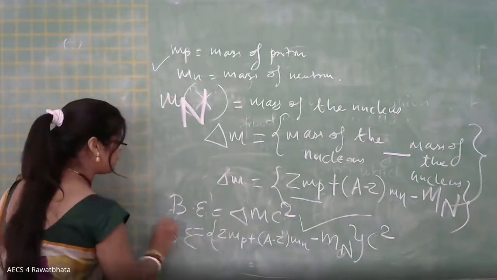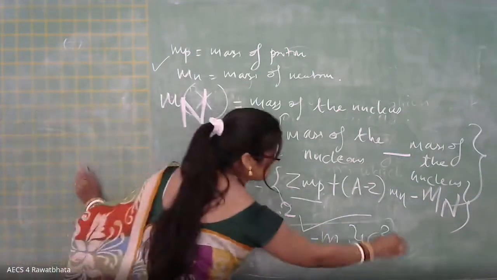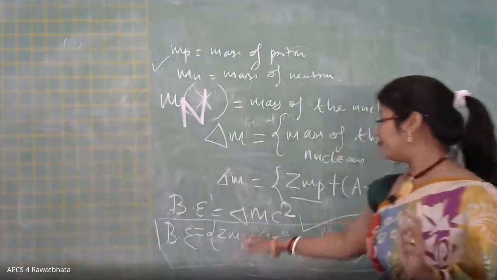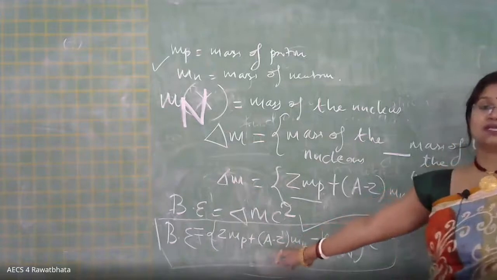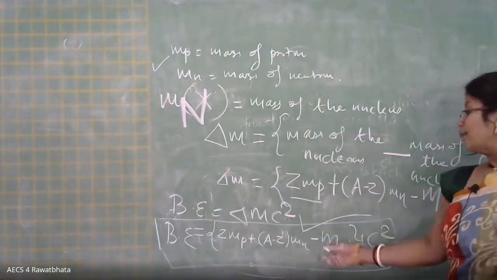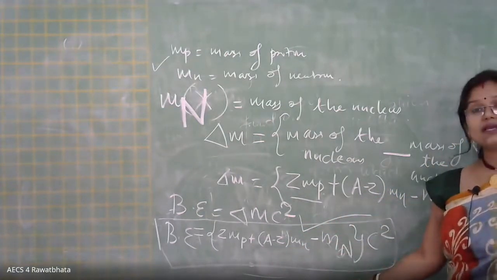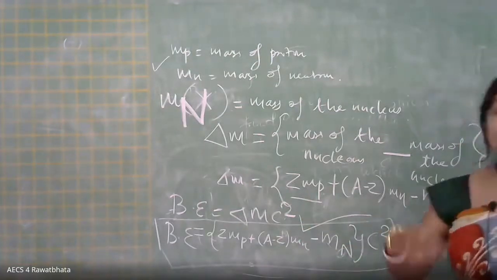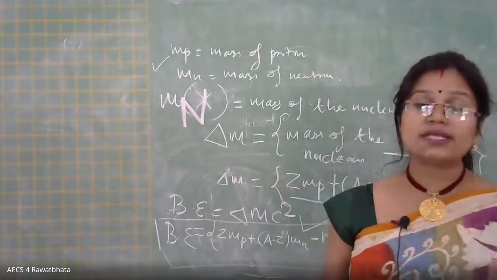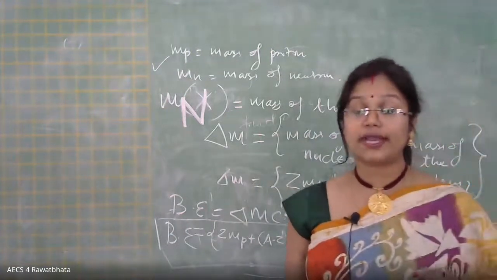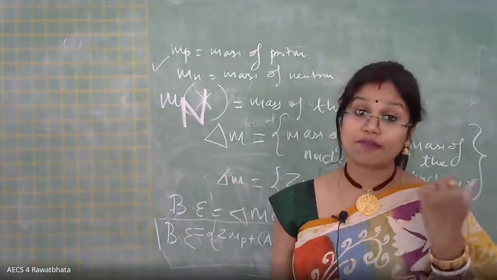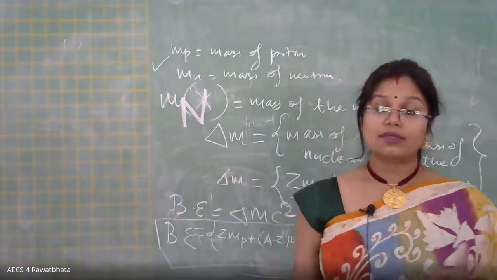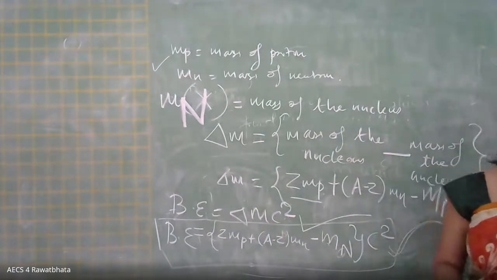This expression given in the NCERT book regarding the binding energy is very, very important. Binding energy is equal to Z, the number of protons, into mass of proton, plus number of neutrons into mass of neutron, minus the mass of the nucleus. Please write down this expression. After this we have numericals, but we'll discuss that after the holidays. Today the main part is to discuss the graph of binding energy per nucleon. Please write down this part quickly.